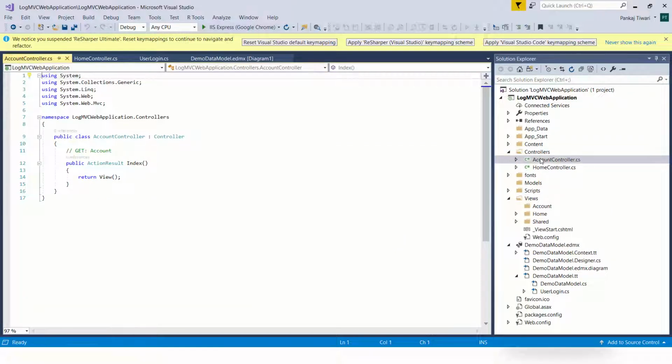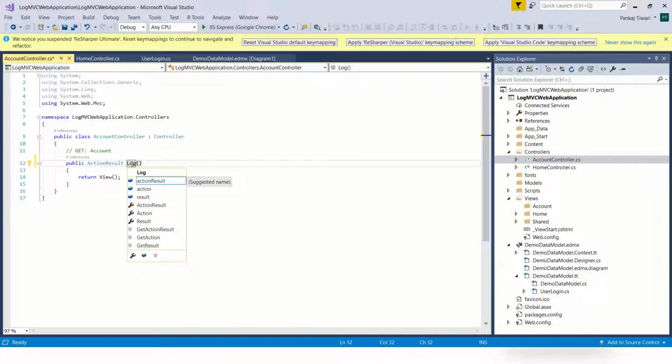See, we have got the account controller here, and we'll change the name to login. And then we'll add one view.